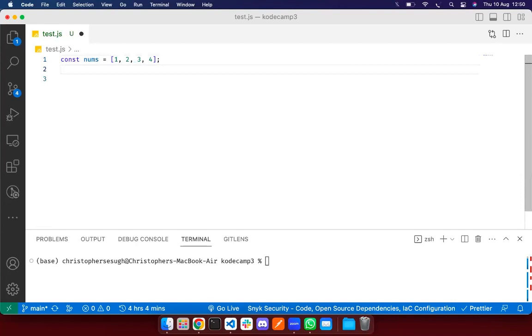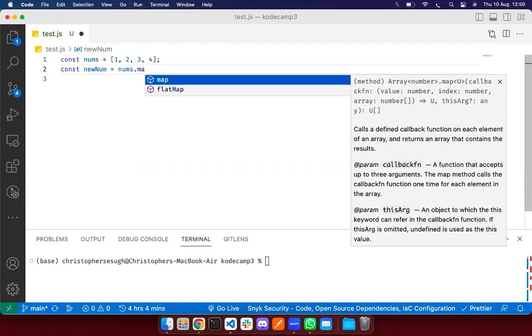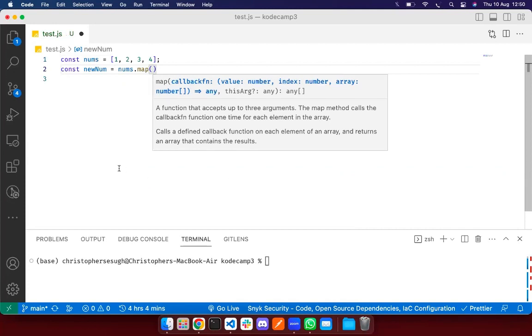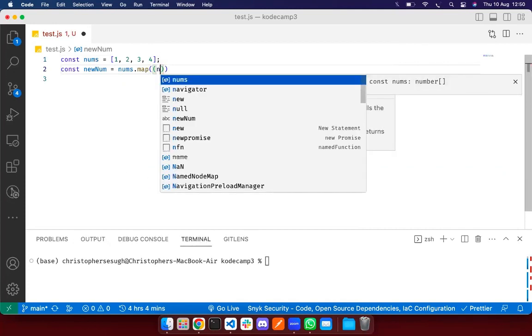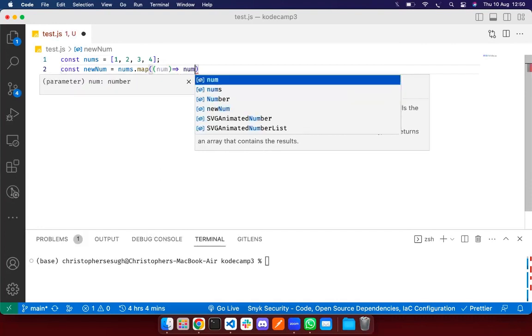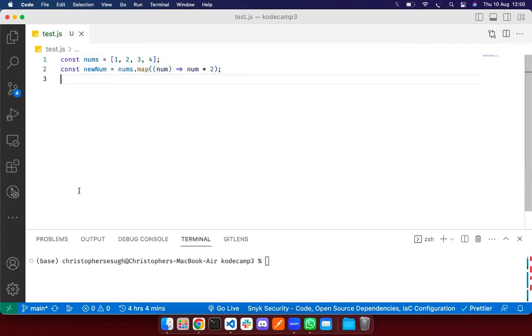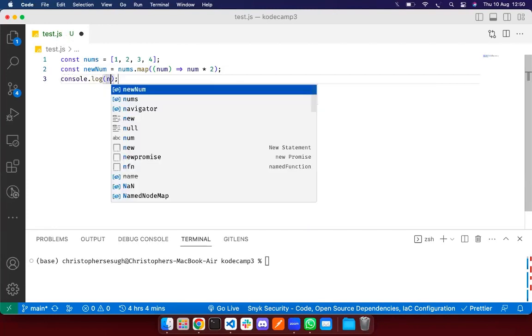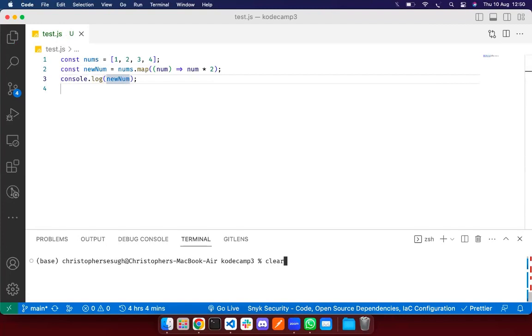And we actually want to multiply each of these numbers in this array by 2. You can see const newNumbers is equal to nums.map. And you know what? This map is taking in a higher order function with a parameter of number that returns each number multiplied by 2. Now, if you log your new numbers on the console, what you're going to get is 2, 4, 6, 8. 1 times 2 is 2, 2 times 2 is 4, 3 times 2 is 6, and 4 times 2